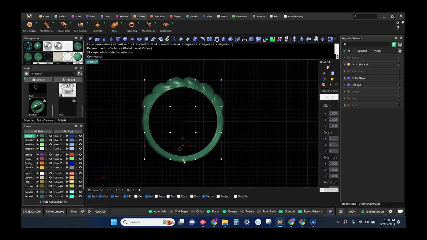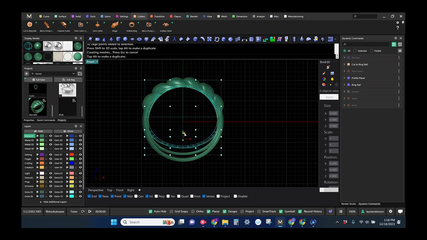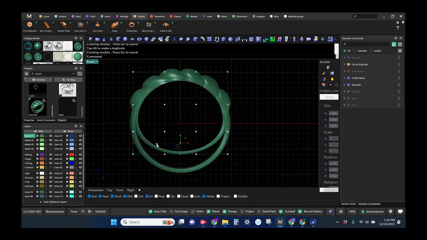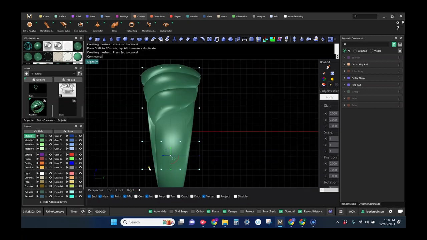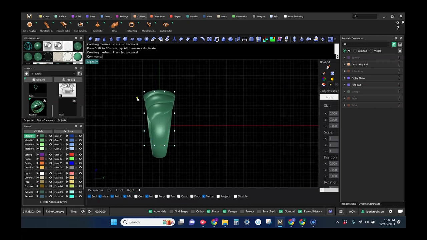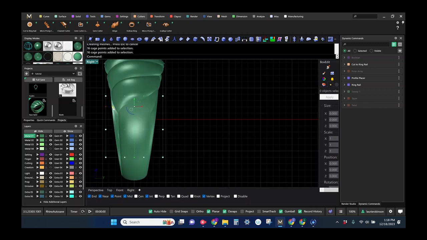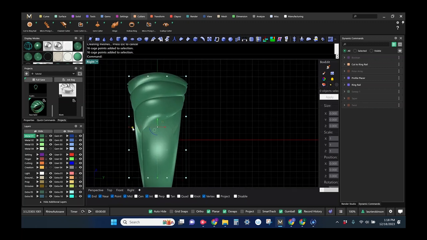I'm just going to grab these, scooch them together and bring them up like this. And then from the right, I'm going to window select these outer points,